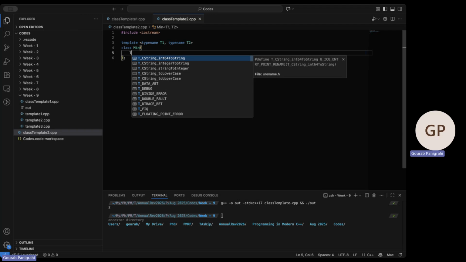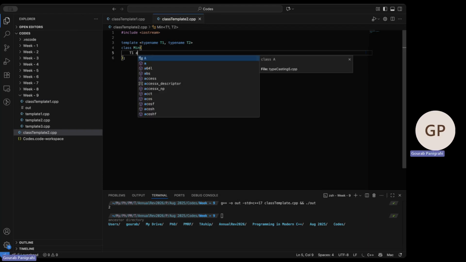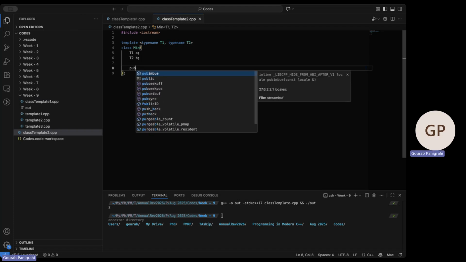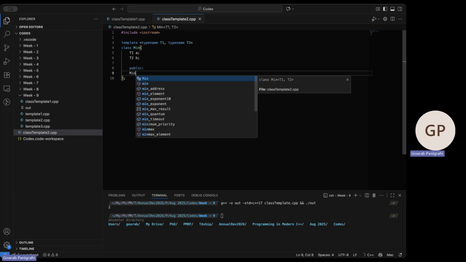Now instead of just taking a constructor, we can have two different data types also, like T1, T2 data types, and construct a template from that also. So let's see that. So we had the max function. Now let's take the main function with type T1 A, define type T2 B, a public portion of the class where we'll have the main as the constructor,